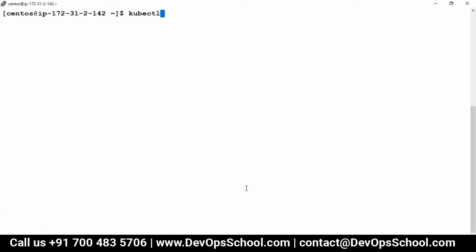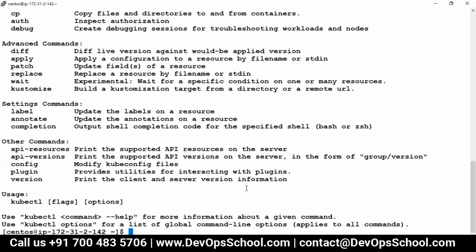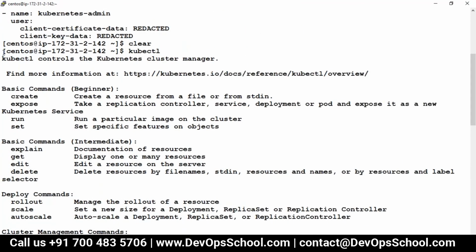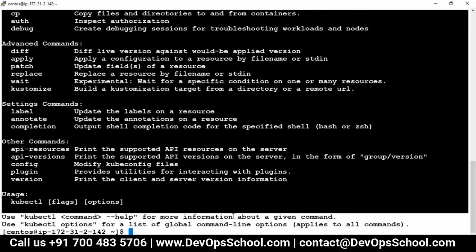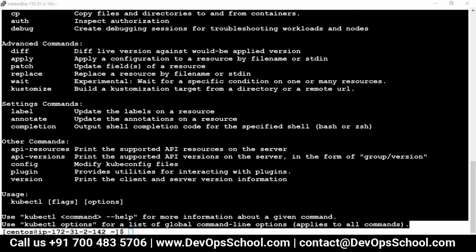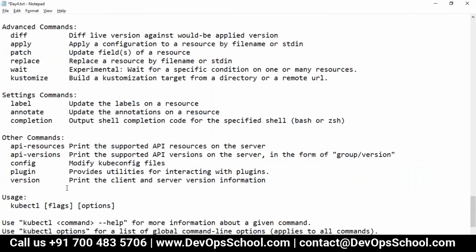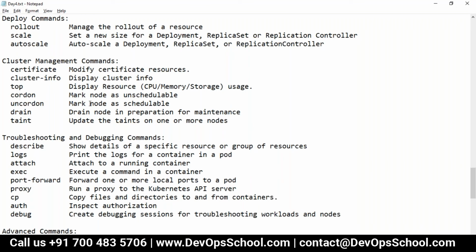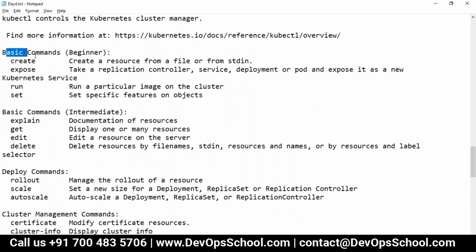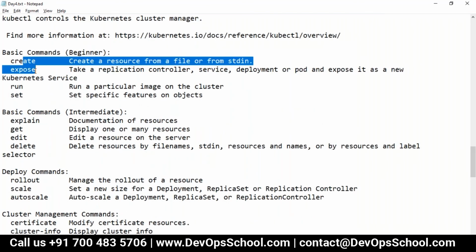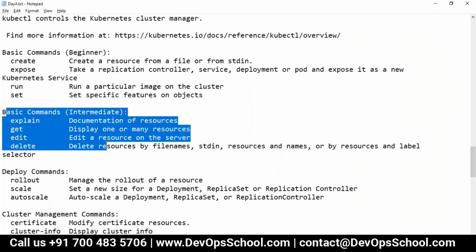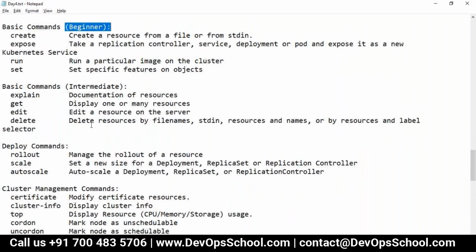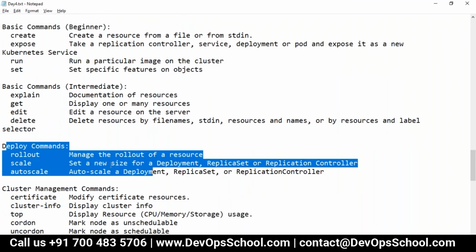Let's say you don't know anything about kubectl, just press enter and you will get to know all these things about kubectl. Now guys, I would request you all not to rush, be calm, spend some time, and read the commands. Basic commands, intermediate, here is a beginner. Deployment related commands.